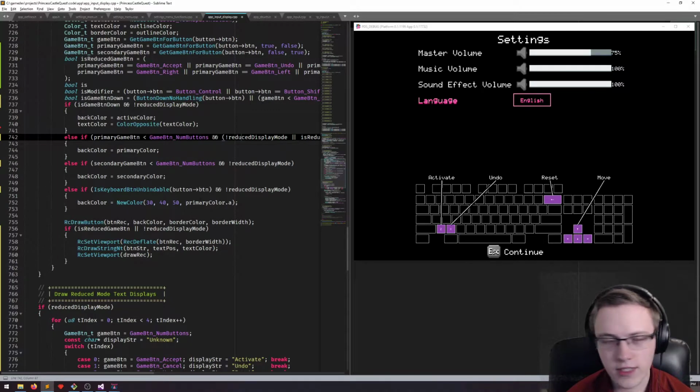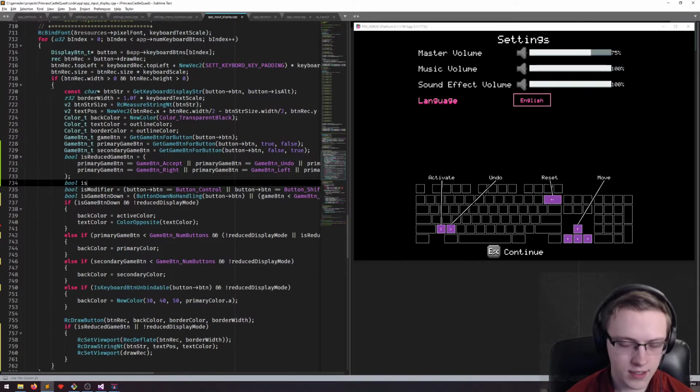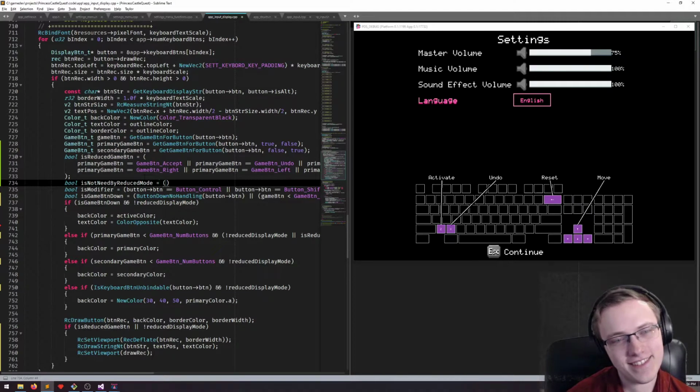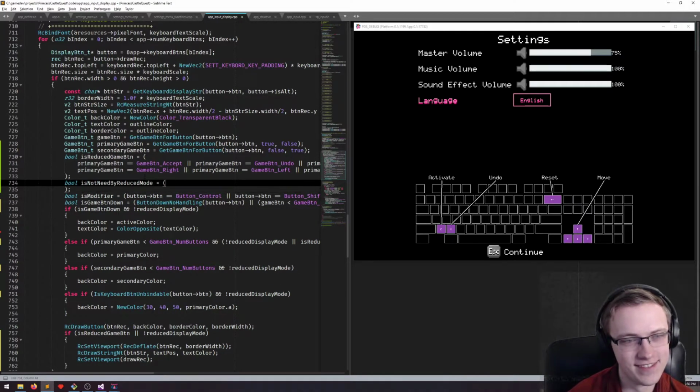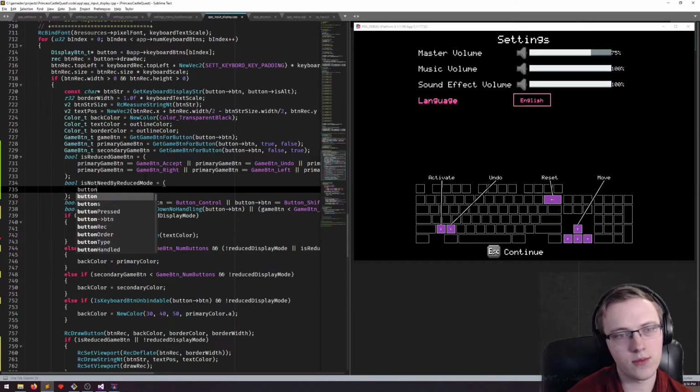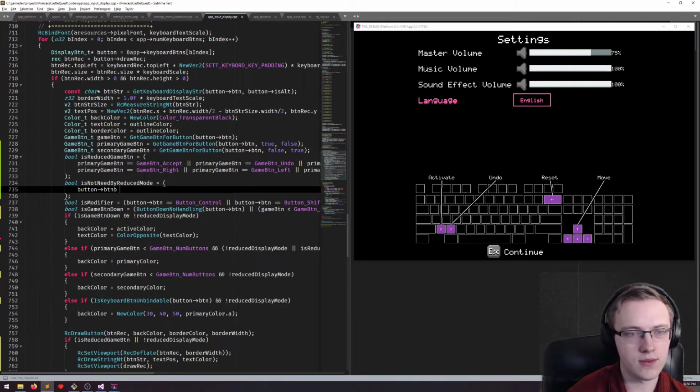Yeah, this looks pretty good. So I think I'm going to get the function keys. So basically, this is not needed by reduced mode. No, we don't actually want to do that. We want to check the actual button, the actual keyboard button. So button equals